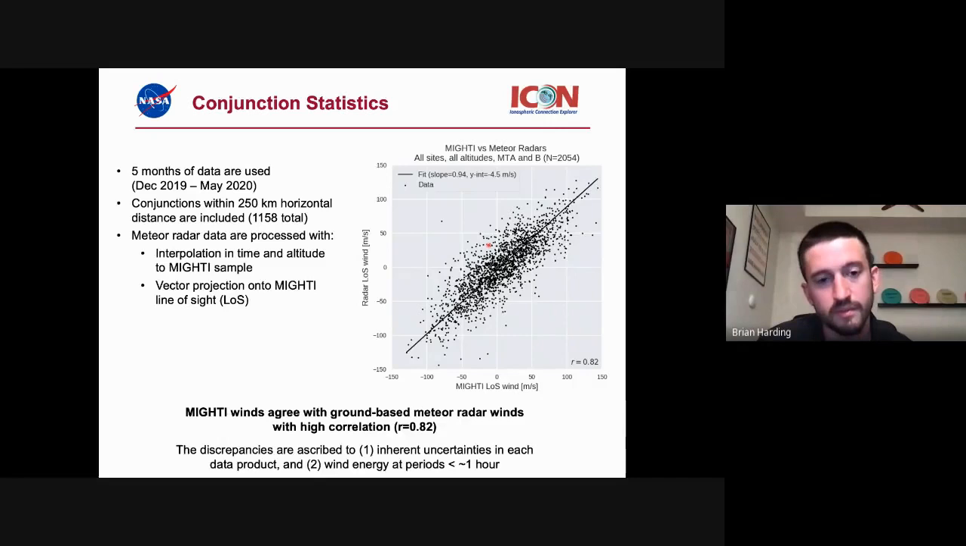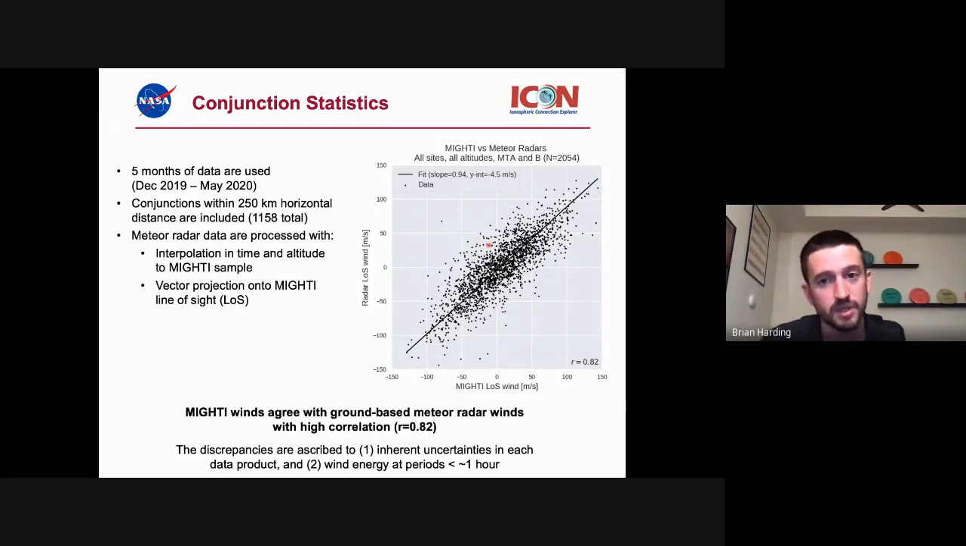For example, the meteor radar assumes that there's no vertical wind in this data set, so that introduces some error. And there's also inherent uncertainties in the space-based winds. For example, spherical asymmetry. You're looking over a long integration path, and if there's variations along that integration path in either the airglow brightness or the wind itself, that could lead to errors. So it could be inherent uncertainties, but this is also an indication of the wind variability at